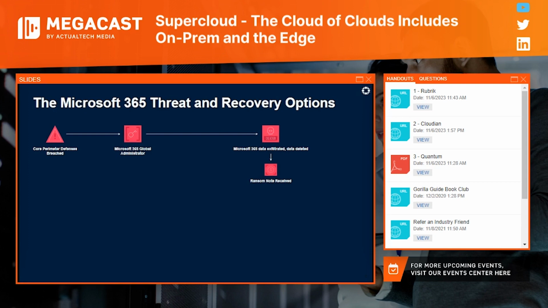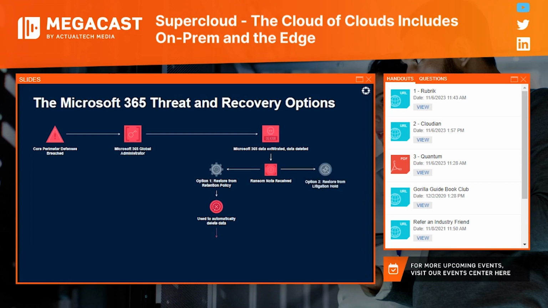And so, of course, immediately you need to figure out what to do. In the absence of tools like Rubrik, there's a couple of things you're going to think about. First is, can I restore from my backups? I have a retention policy, I should be able to do that. But because the bad actor had administrative access, data will automatically have been deleted. They will change your retention policies so it's no longer available. So that's not going to work.